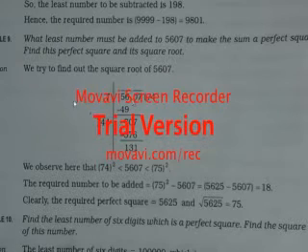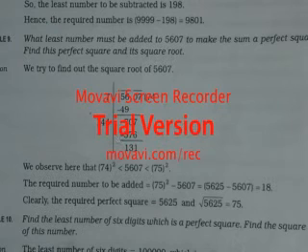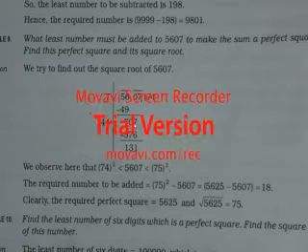At first 2 pairs have been formed, so 7 7 is 49, 7 left, from here 07 comes down, and now double of 7 is 14. Now here 4 is kept, and 4 4 is 16, 6, carry 1, again 4 4 is 16 and 1 is 17, and then 4 1 is 4 and 1 is 5, 17, 1 carry was there, so 5. Now after subtracting we get, of course, 7 minus 6 is 1. Now taking carry from here, it becomes 10, 10 minus 7 is 3, and 6 minus 5 is 1, so 131. Now it is smaller than 144.